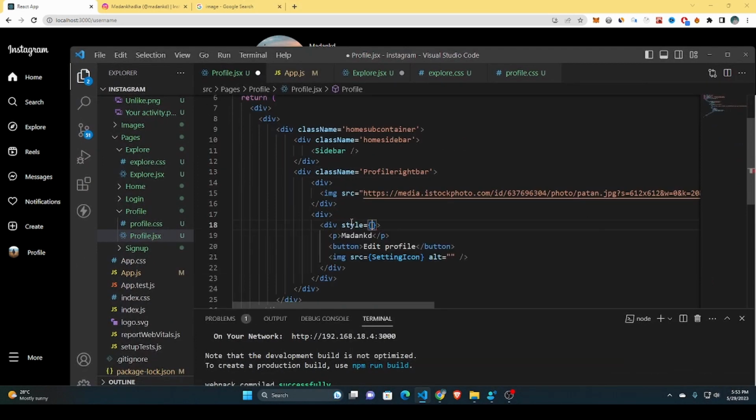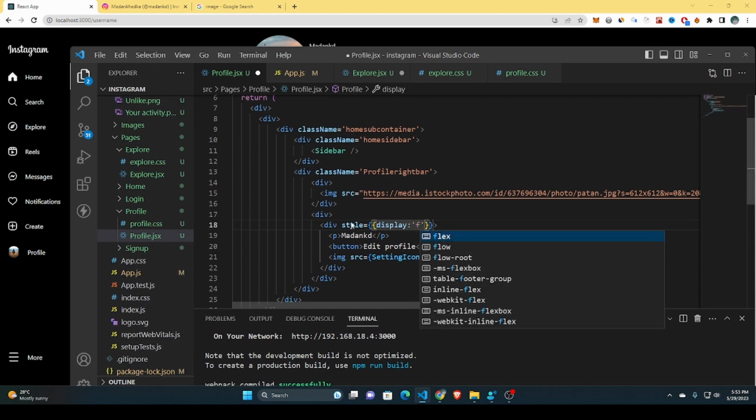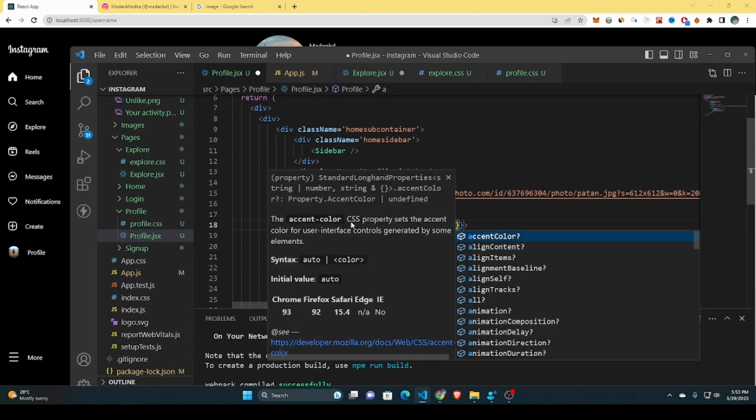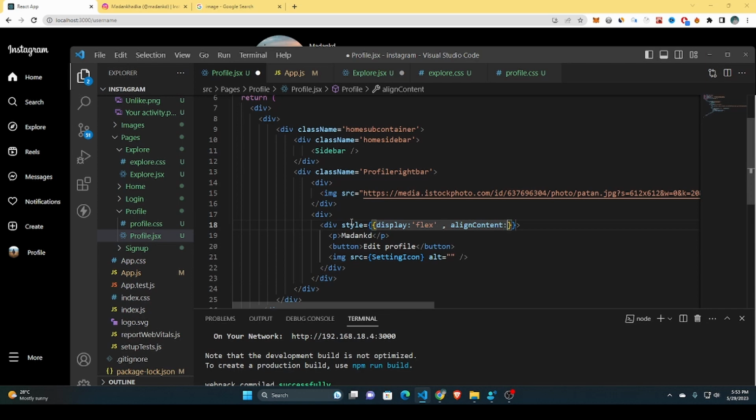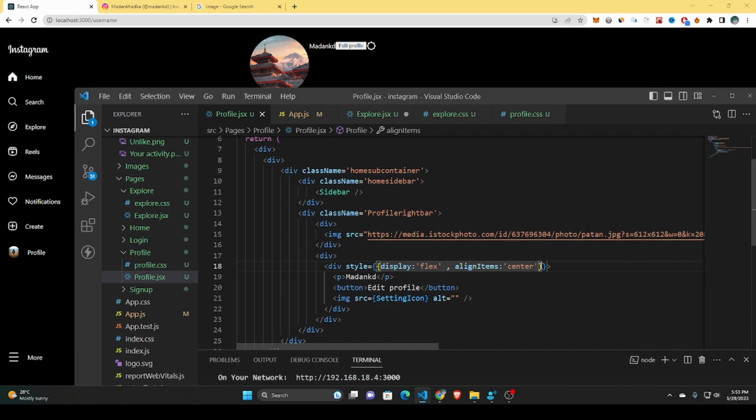Now let's give it a style here. So our display will be flex. We need to write align-items, not a content, we need align-items center. Okay, so after that